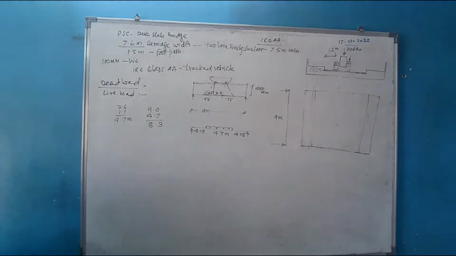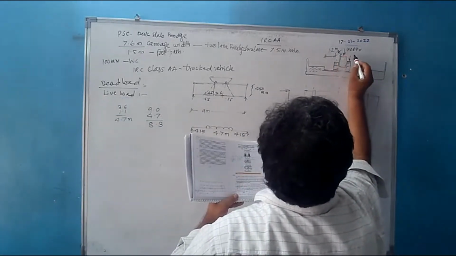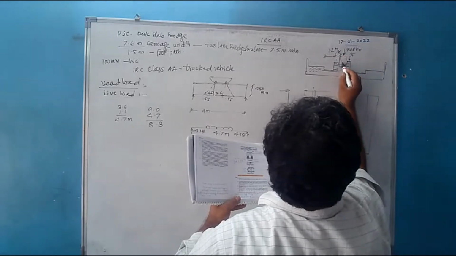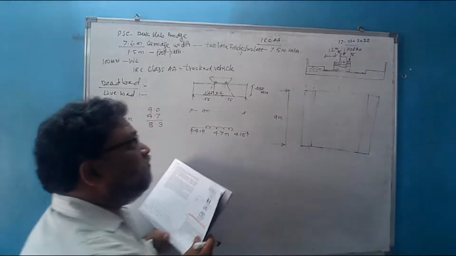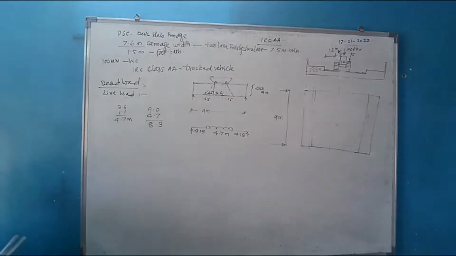That is 1.2 into 2 plus 2.9. 2.9 is nothing but the outer quarter of the wheel, because this distance was 0.85. This is 0.85 and this internal distance is 1.2. So that total will be equal to 2.9 meter. 1.2 into 2 plus 2.9 is 5.3. For this we have said that if we take 2 lanes, minimum 5.3 is needed, but if you remember, we saw a clause in IRC